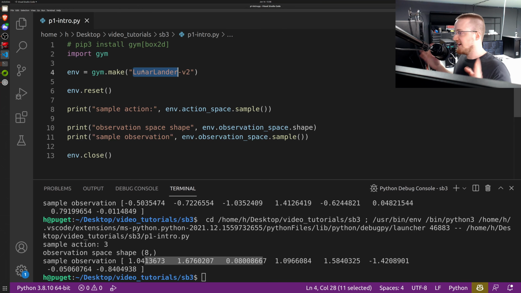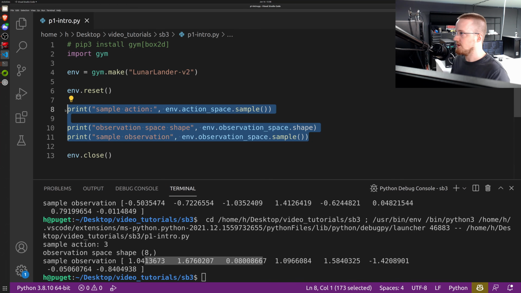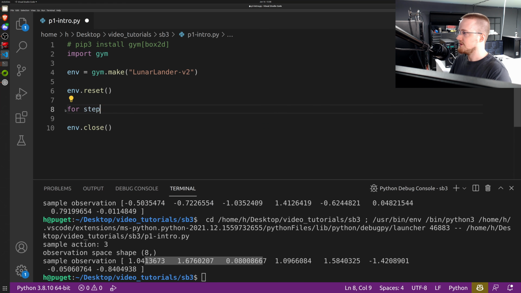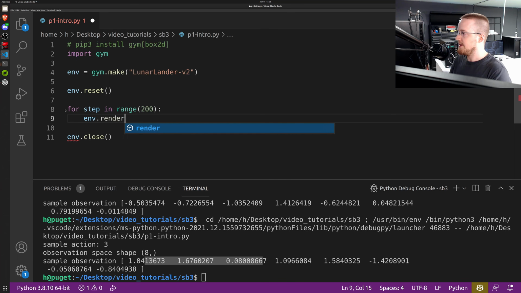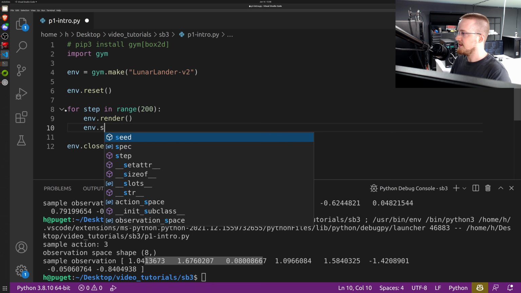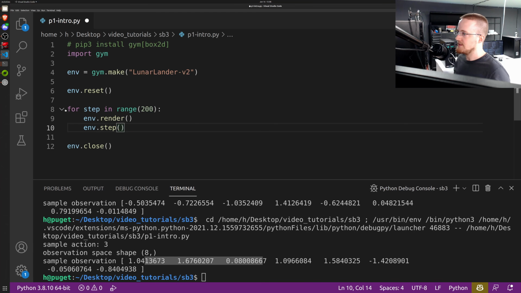And that really helps. It saves so much time. So let's go ahead and see an example of our environment in action. If we do for step in range 200, we'll do env.render, and then env.step, and in this case we're just going to pass a random action,